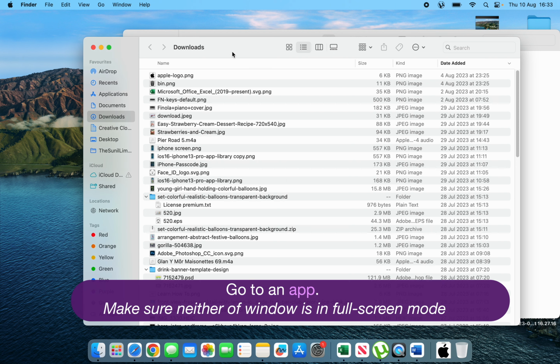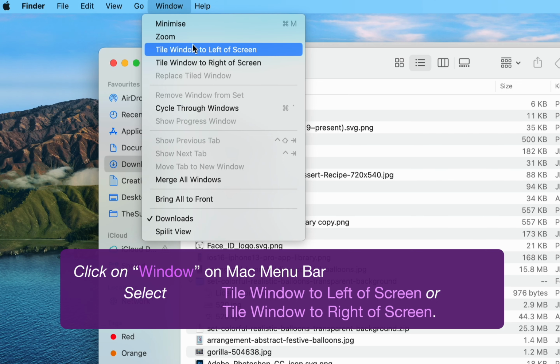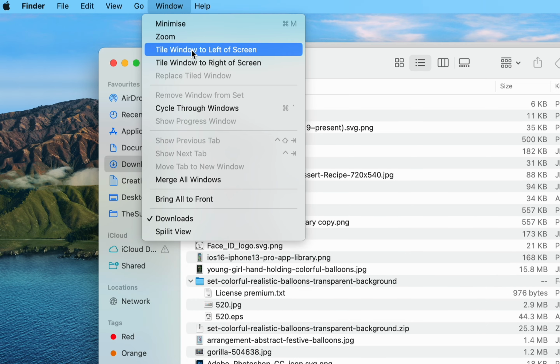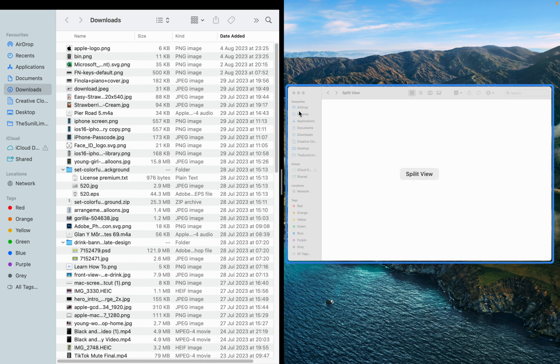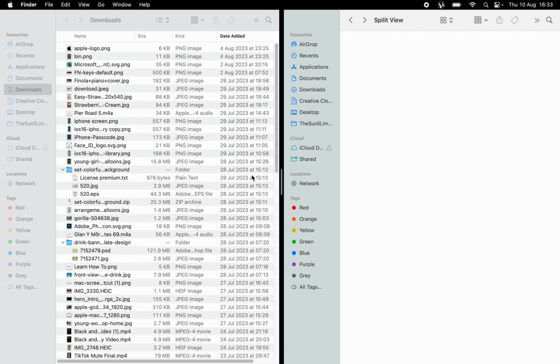Open any app first, and to make a split view, go to the window and tile window to the left of screen or tile window to the right of screen. You can click any one of those and there you will see that another app will appear on the other side of your screen. So this is how you can